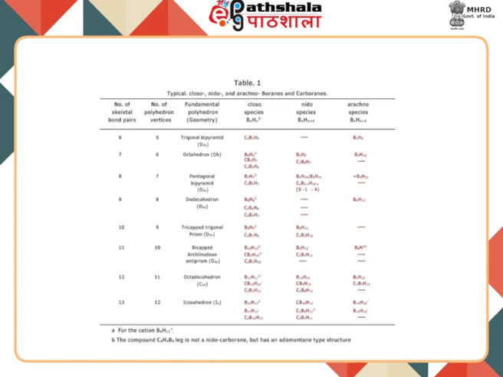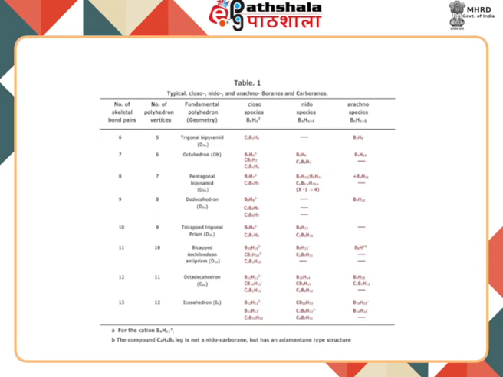As you can see, the examples of typical closo, nido and arachno boranes and carboranes are given here. Just look at the number of skeletal bond pairs. When the number of skeletal bond pairs is 6 and the number of polyhedron vertices is 5, the fundamental geometry is trigonal bipyramidal. For example, in case of closocarboranes, this trigonal bipyramidal geometry is represented by C2B3H5, and in arachno species it is represented as